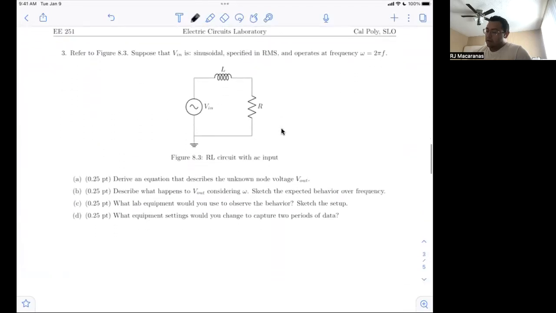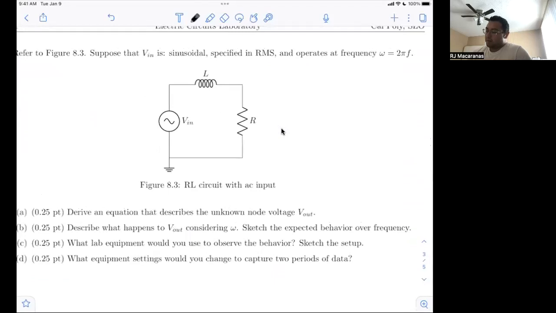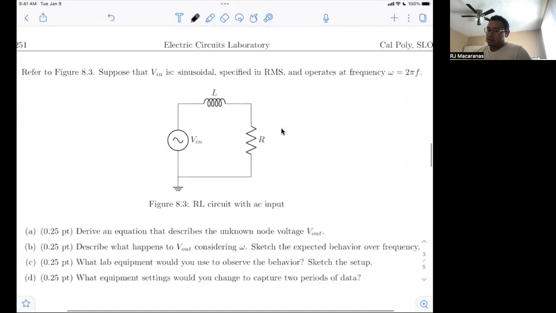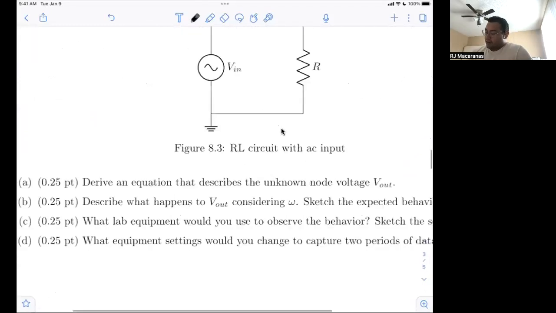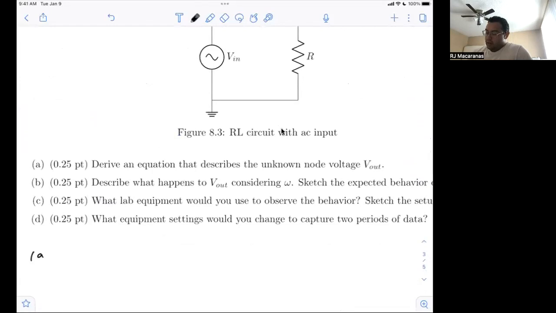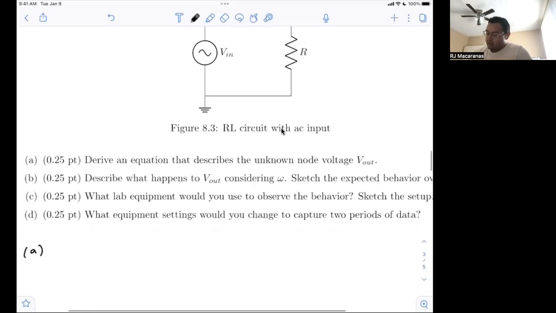For number 3, we are looking at this circuit, and it now has an AC input here. So we're going to be using the impedance model. So I'll just write j omega L here. And we are deriving an equation that describes an unknown node voltage V out. So this is known. Again, this is V in. This is our unknown node. So this is V out. Right? So what is V out? V out is,